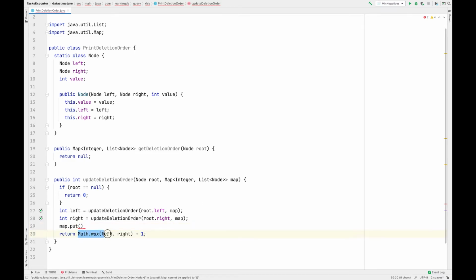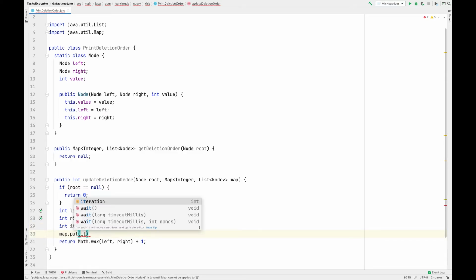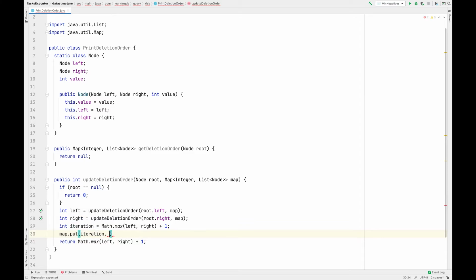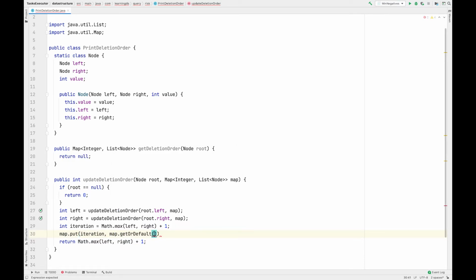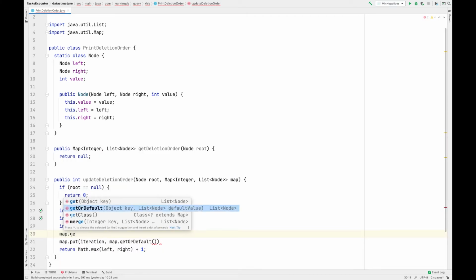So I'm storing it in some int iteration, and I'll say iteration comma, the current node I should get added into the, so I'll say map dot get or default.